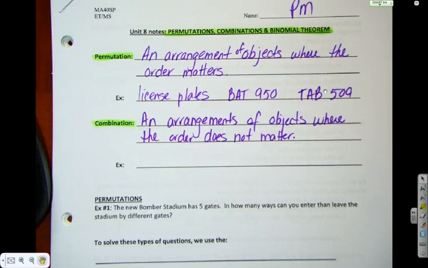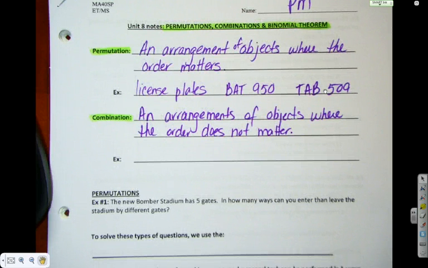Now you're going to find out society has lied to you for the past 17, 18 years. Who opened their locker this morning? What did you use to open your locker? Is it a combination? If you just take those 3 numbers, any order you want, is the locker going to open? Nope, it's a permutation. We have lied to you.